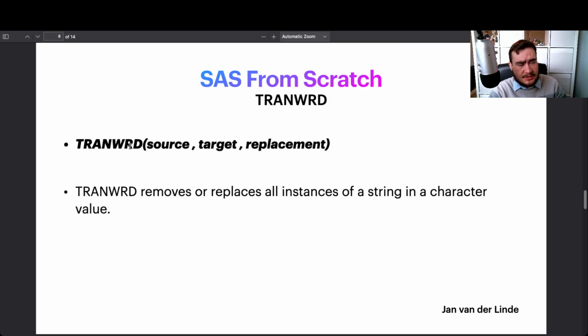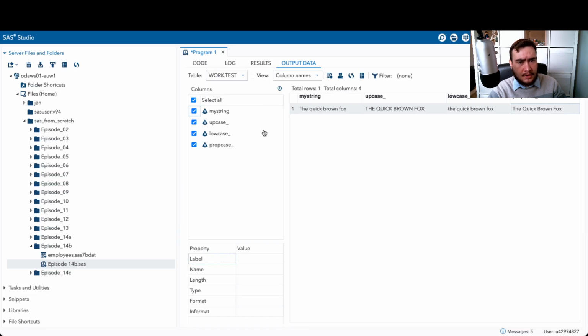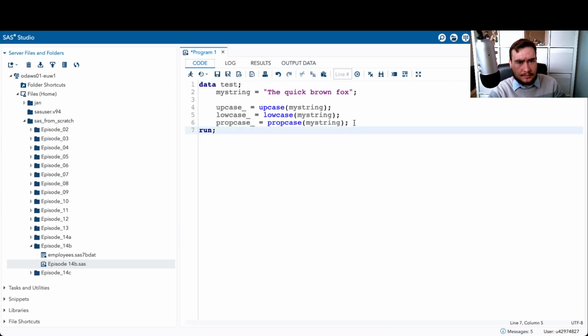TRANWRD is similar to what we did earlier with substring, in the sense that it will replace a bit of a string with a new string. But in substring we had to specify the start and the length, so basically a start and an end position for all intents and purposes. Whereas with TRANWRD, it will find all the instances of a particular string and it will replace it with a different value. So we can say, for example,